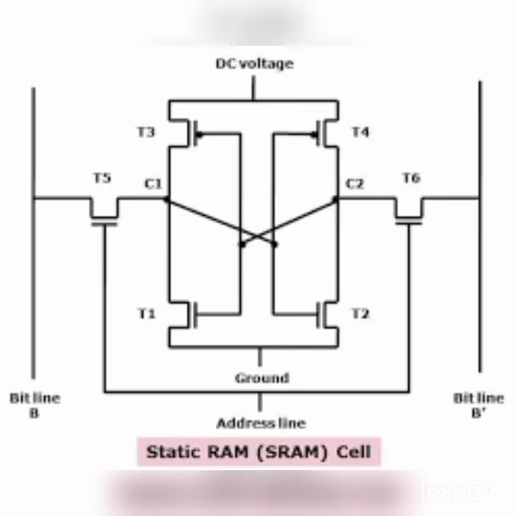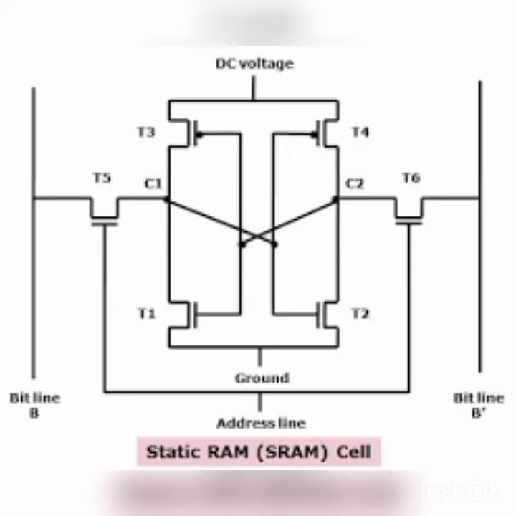Static RAM is a digital device that uses the same logic elements used in the processor. Binary values are stored in a flip-flop logic gate configuration. Static RAM holds data as long as power is applied to it. This is the static RAM cell structure. In this structure, there are 6 transistors.